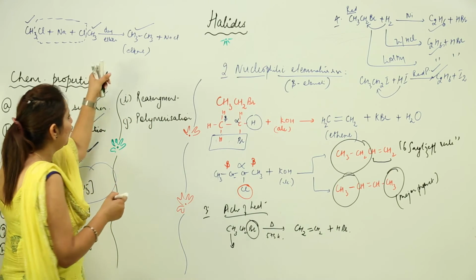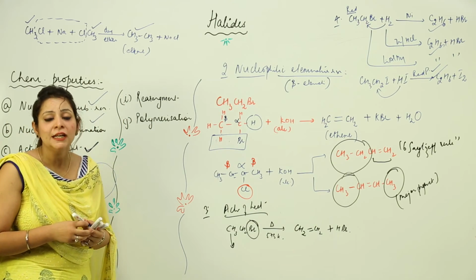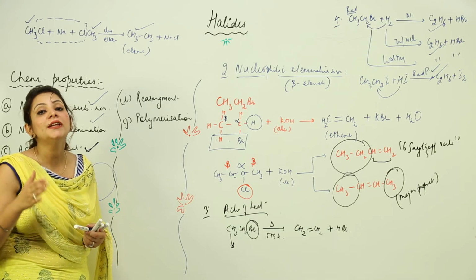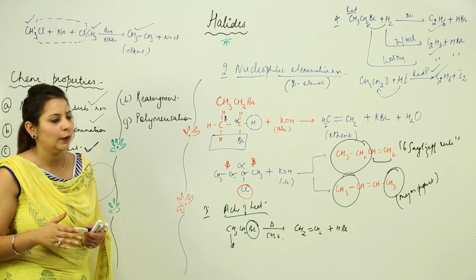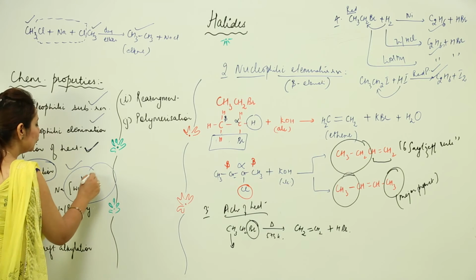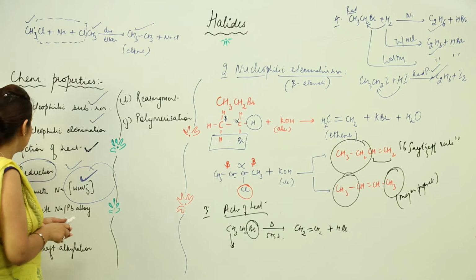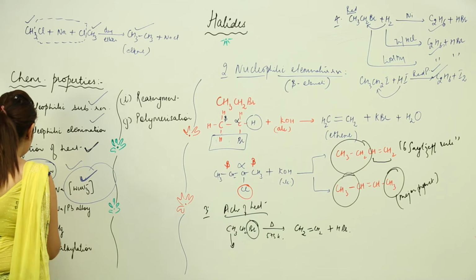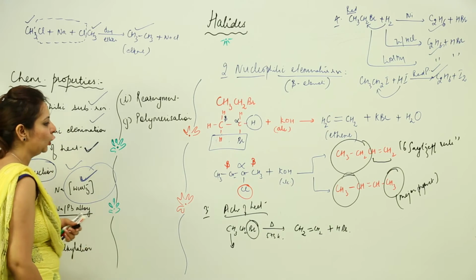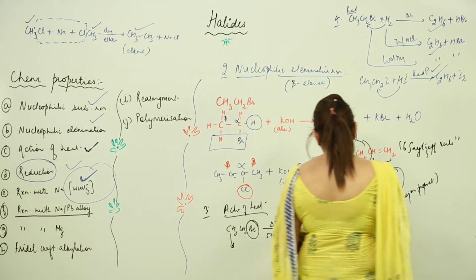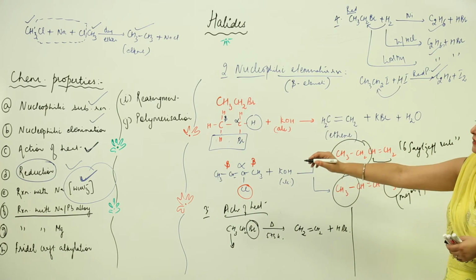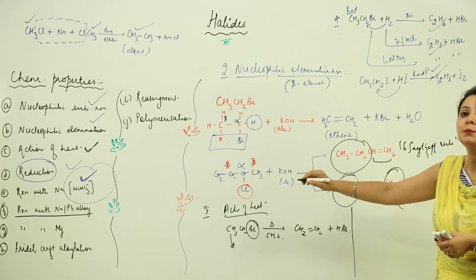So we can say it is a method to prepare alkanes, but what kind of alkanes? Alkanes with an even number of carbon atoms, not the odd ones. So this is Wurtz's reaction, that is the reaction of alkyl halide with sodium. Next is the reaction with sodium and lead alloy. This is also an important reaction, because as a result of this reaction we get a very important compound.